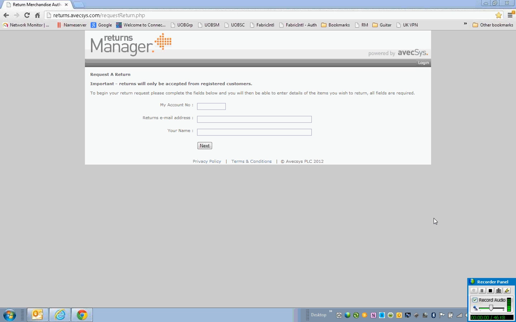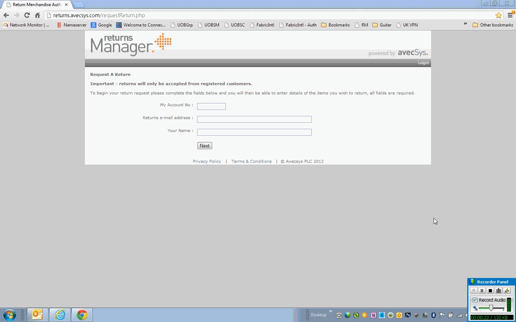Hi, I'm James Leo, and I'm going to give you a demo of Returns Manager, which is used by customers to return products they have purchased from the seller of the product. This could be because of various reasons. Perhaps the product isn't what they wanted, it gets damaged in transit, or it breaks sometime later, either within or